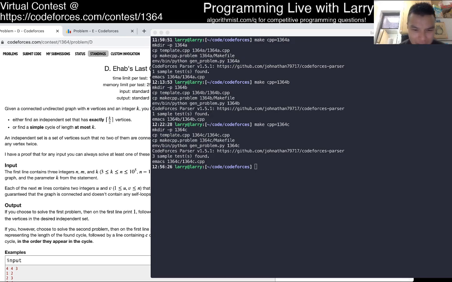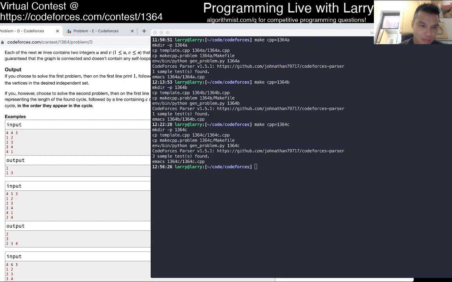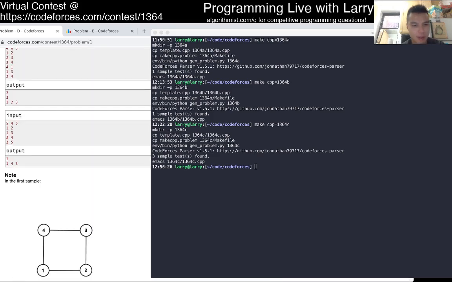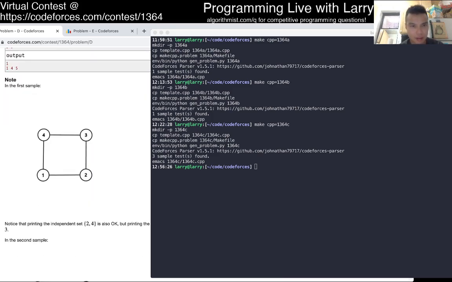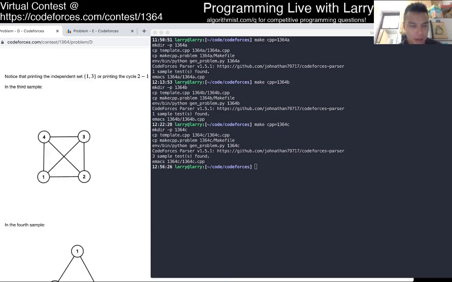I guess I'm just being an idiot. So we could definitely find cycles, but cycles of length at most k is the part I'm not really familiar with.